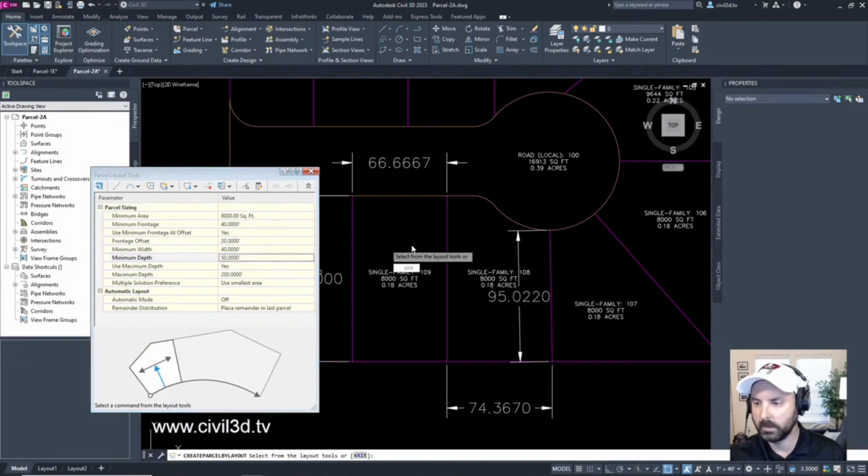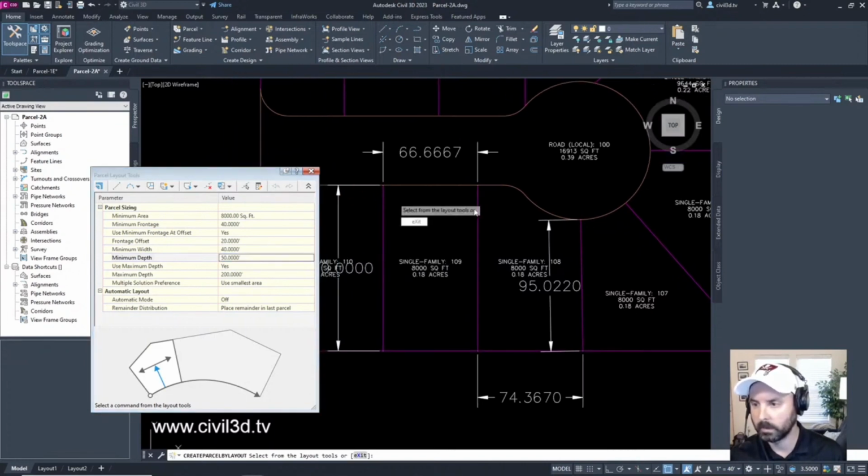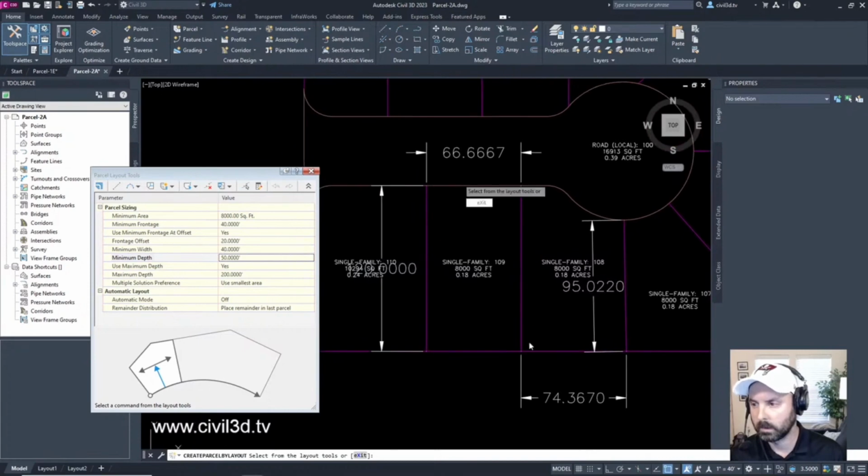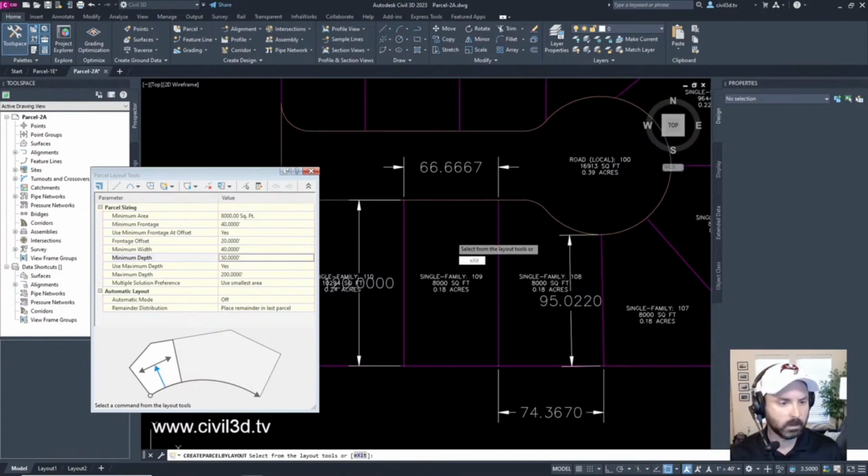Minimum depth is 50 feet. We've got 120 over here, I believe, and then 95 over here, so that's good. Maximum depth is 200. Yep, and we meet that. So that's essentially it. That's it for that one.